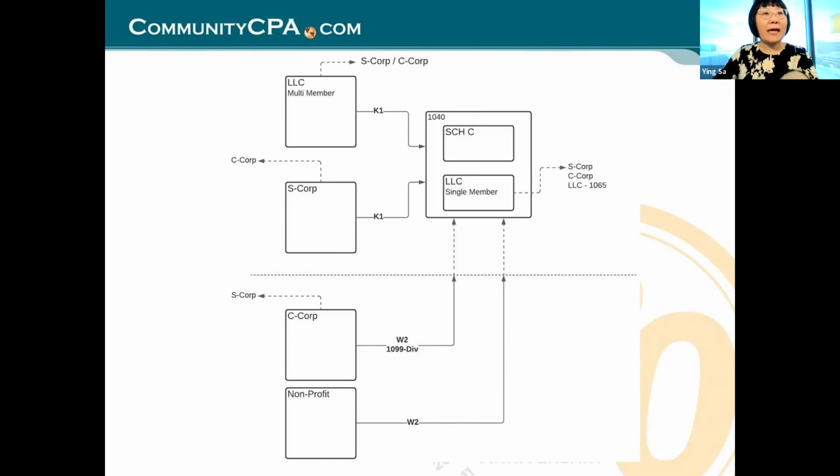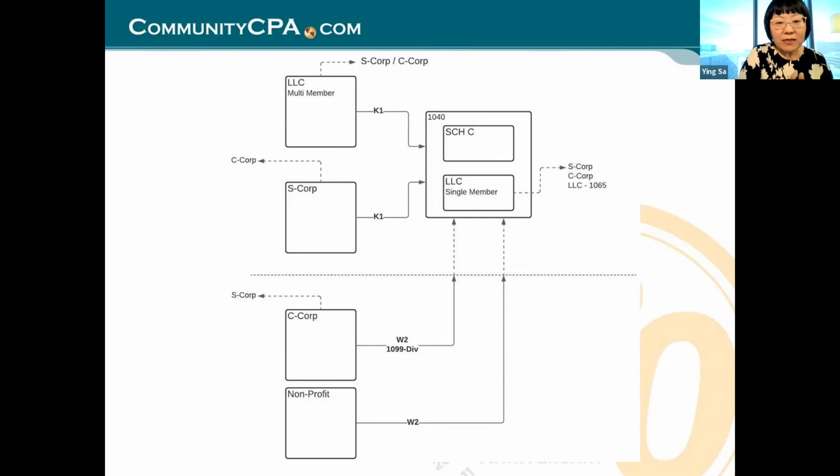And you also see that the LLC single member can become other things for tax purposes. So it can be elected to be a C corp or S corp, and you can definitely make this choice by simply electing. You can also elect that to be a multi-member LLC, so that way you file 1065 as a partnership return. So this single member LLC, don't waste it. If you already have it, know that you can transform yourself into other ways.